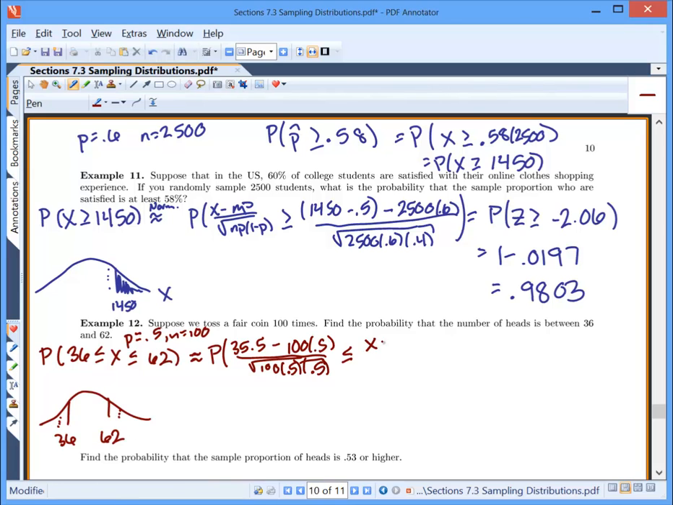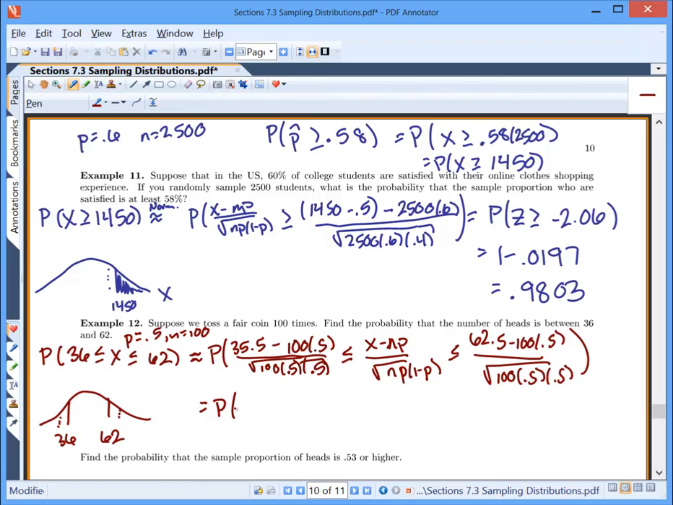So it was x minus np over the square root of np(1 minus p), less than or equal to... Now for my 62, to make this region bigger, I need to add 0.5. So 62.5 minus 100 times 0.5 over the square root of 100 times 0.5 times 0.5. So this equals the probability that z is between negative 2.9